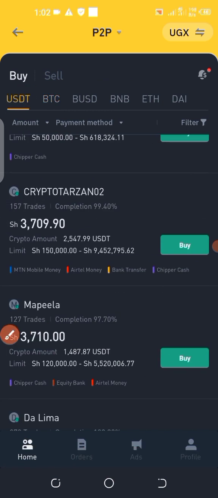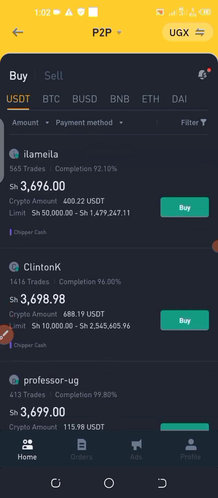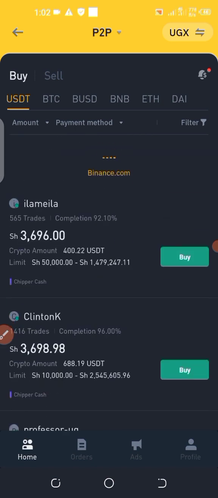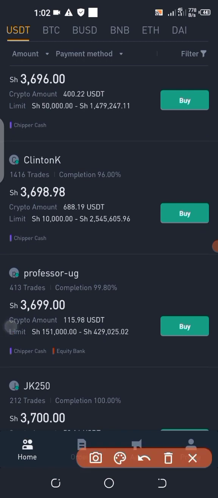Maybe under USDT here you want to buy. When you know you want to buy USDT, you come here and buy from this person, or this person here, any of these. You can buy on this one, or this one, or this one. But before buying,